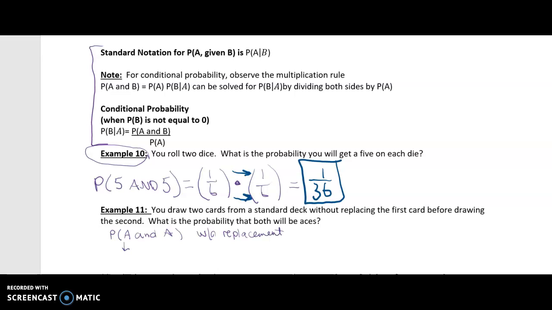The probability of the first card being an ace would be 4 out of 52, because there's 4 aces in the deck out of 52 cards. And tells me to multiply. Because it's without replacement, if I take out an ace, I'll only have 3 left. And then, since I already took out a card, I'll only have 51 cards left. So the second ace has a probability of 3 out of 51. Now multiply. We go across the numerator, across the denominator, and then we simplify. Our simplified answer is 1 divided by 221, or approximately